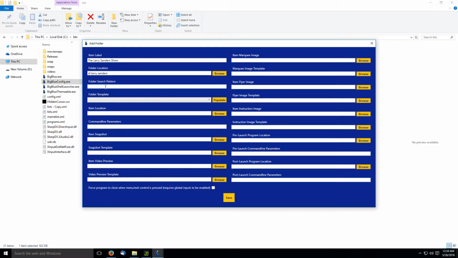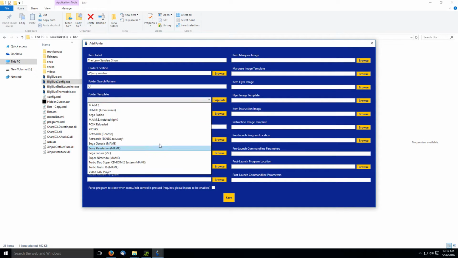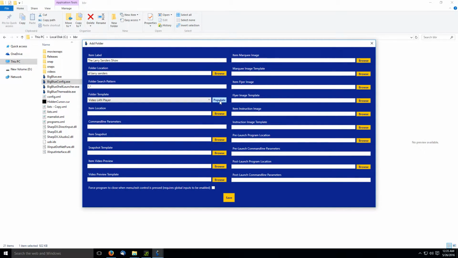So this basically is just a search pattern where you can say something like, I want to get all the files in the directory, or maybe I only want the AVI files, or maybe I only want MP4, or whatever it is. And you'll see there's also a folder template drop down. Now, this is all your program templates. I have a template for VLC, and if I select that and say populate, see how it automatically plugged in the folder's program location, the parameters that I defined,